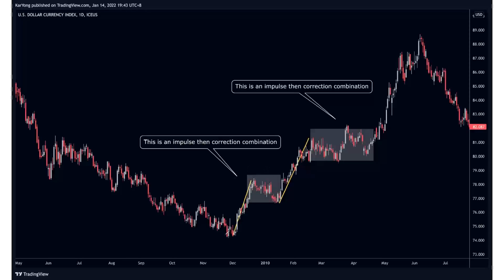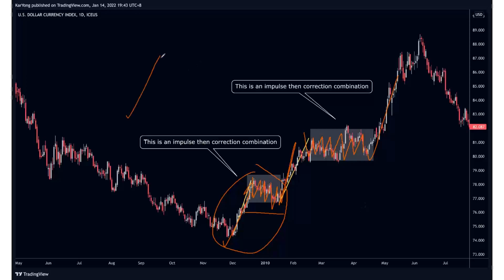What you see over here, the market went up relatively fast. It does a pullback up and down, but it's really not going anywhere. It's taking some time to develop. This piece is a trend continuation upside. Then we get an upside here and then another continuation, another impulse correction combination. So what is it? It's a trend continuation pattern, upside.